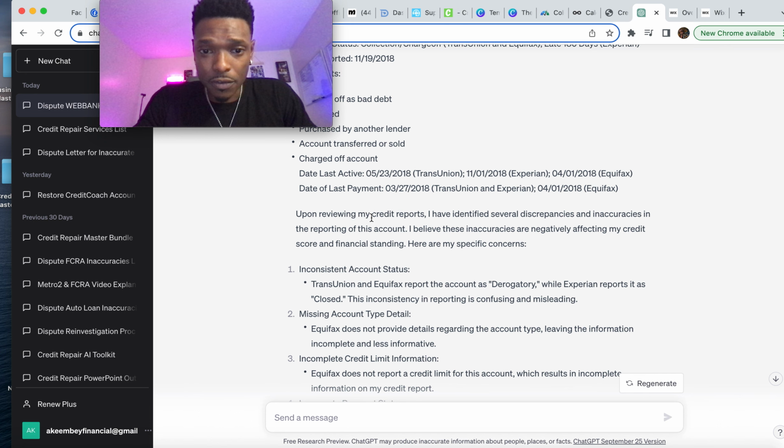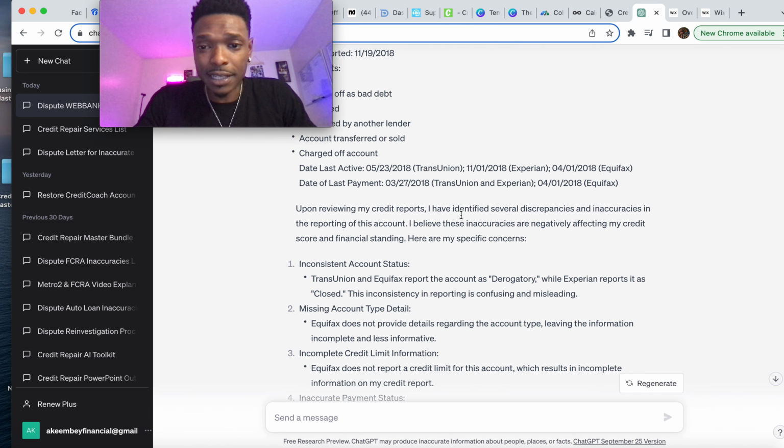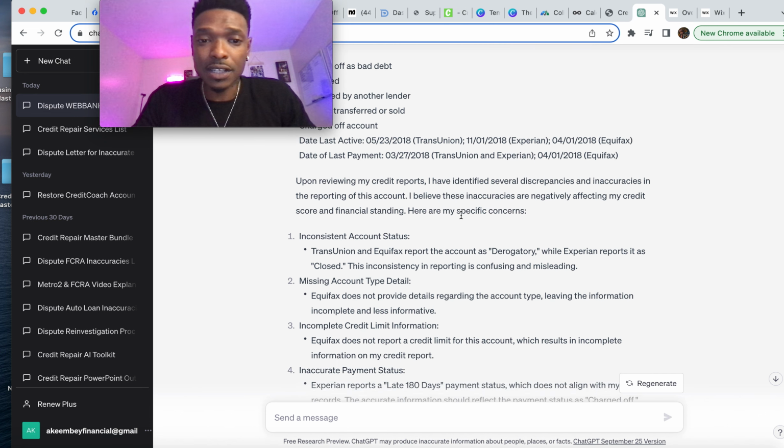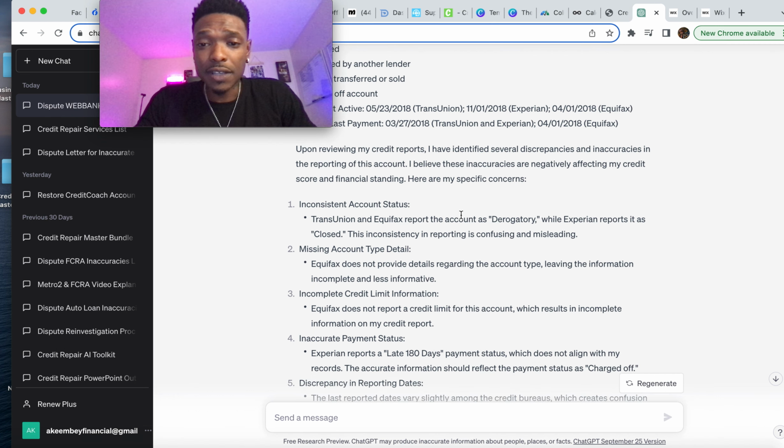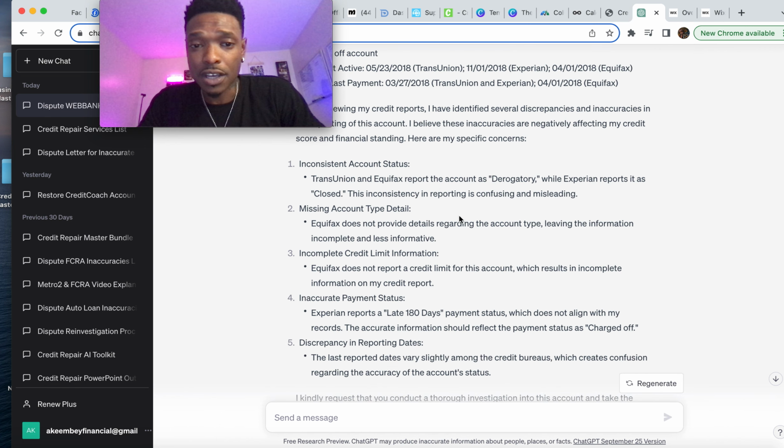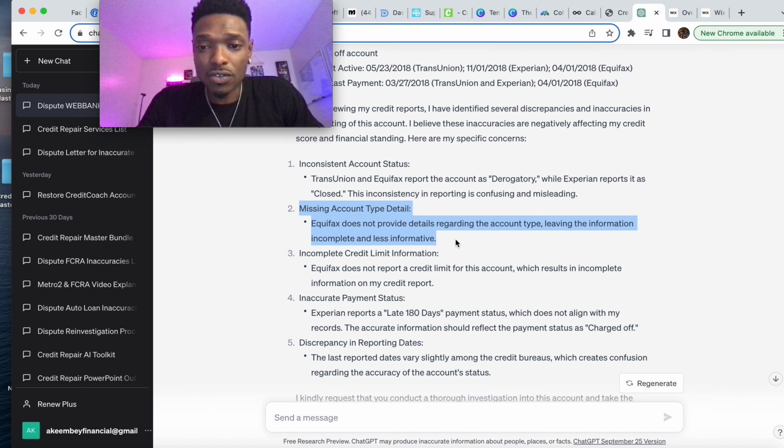Right, upon reviewing my credit reports, I have identified several discrepancies and inaccuracies in the reporting of this account. I believe these inaccuracies are negatively affecting my credit score and financial standing. Here are some specific concerns. Inconsistent account status: TransUnion and Equifax report the account as derogatory while Experian reports it as closed. Missing account type detail: Equifax does not provide details regarding the account type, leaving the information incomplete and less